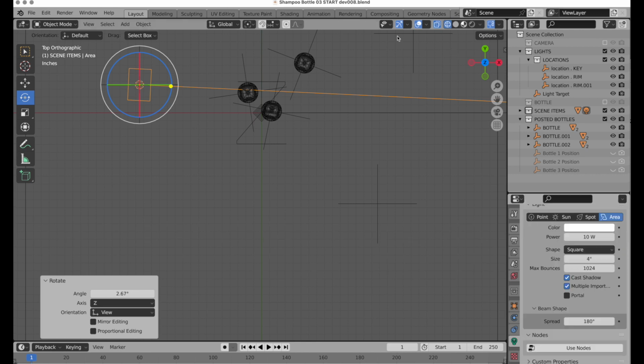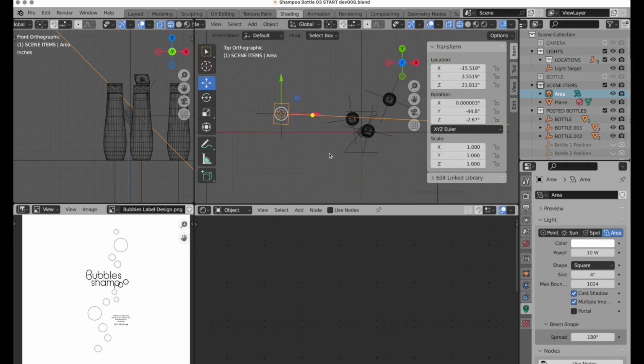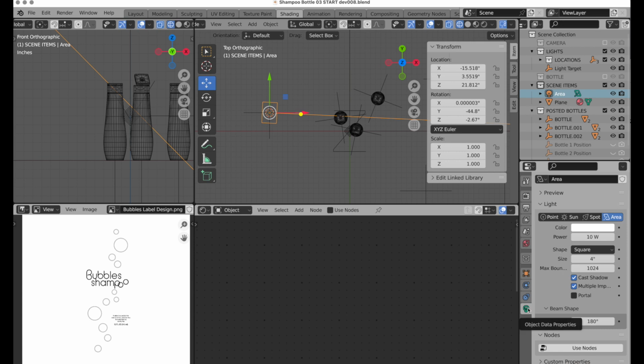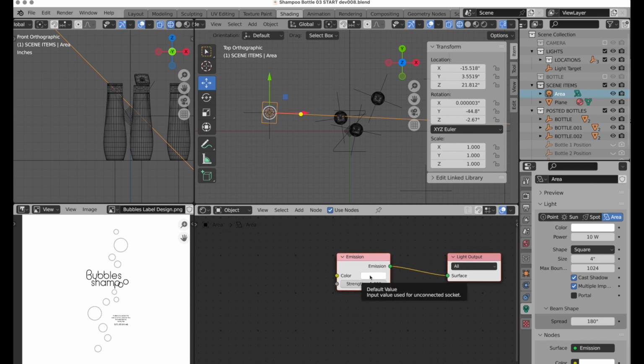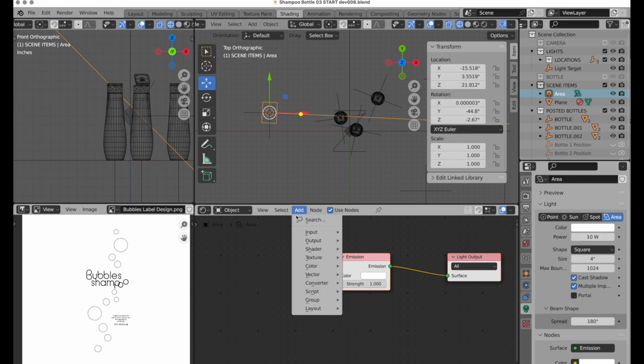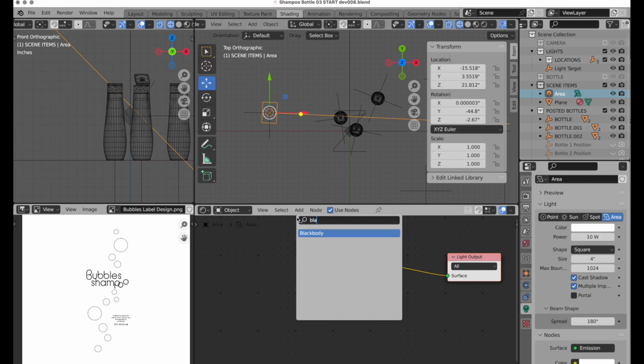Let's come back over into shading, and this is why I like that synchronized workspace function, because you see how it transports the view the way I had been working on, so it's predictable. We're going to come over to the object data properties for that area light, and we're going to switch over to use nodes. And the nice thing about this is it's going to give us the ability to do a predictable color temperature using a Blackbody. The strength is a multiplier against the value that we have right here. So what I'm going to do is come to add, and we're going to do a Blackbody,